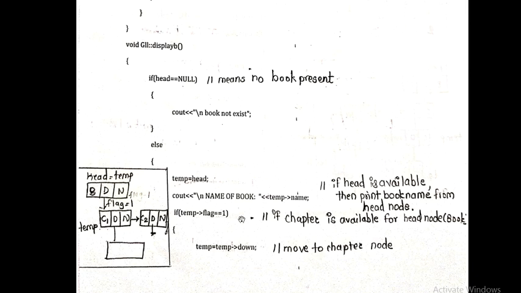So if the flag is 1, the chapter is available for that book, and then we have to move our temp to down. Now temp is equal to temp of down, so you can see that the chapter linked list is now shown by the temp, right? So temp is showing the chapters. Now, while temp is not equal to null, meaning our chapter linked list has not reached null, up to that I have to print every name of chapter. So we print the name of that temp node. Initially temp will print C1, then it will print C2, likewise, and once it finds that its next field is null, then it will stop, right?